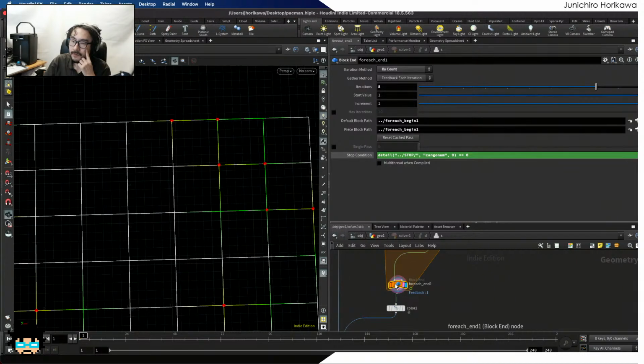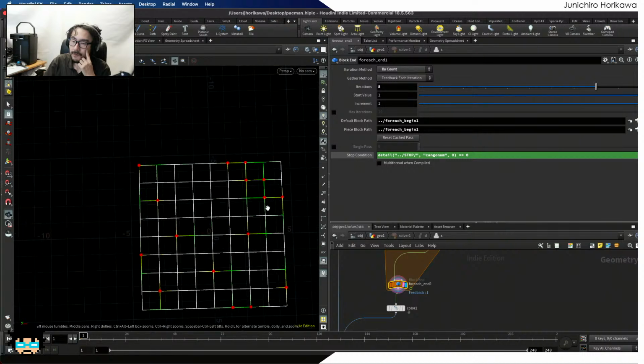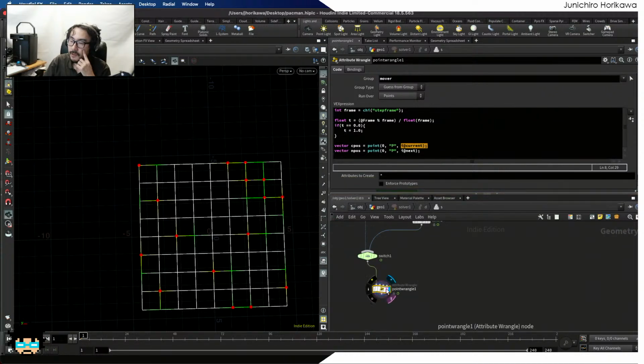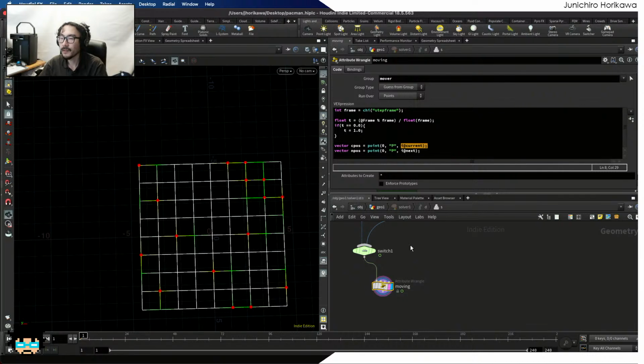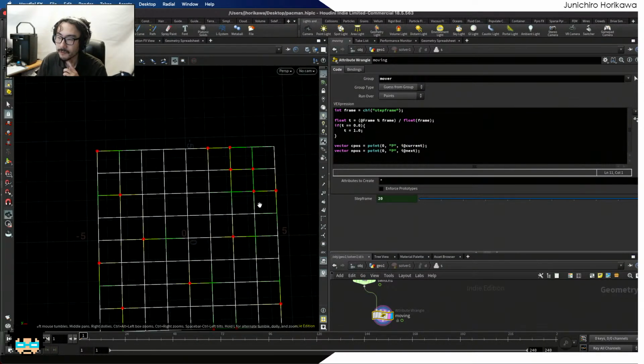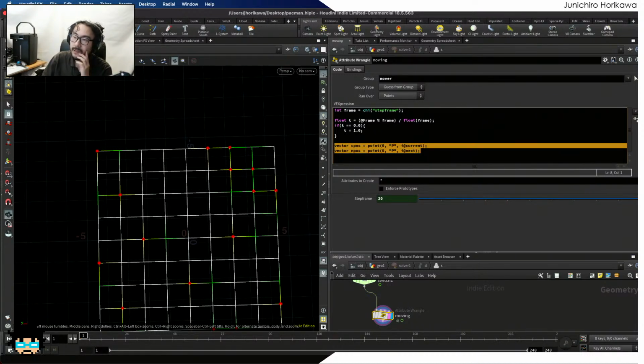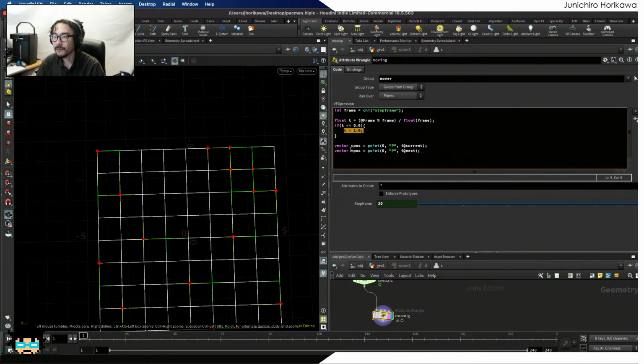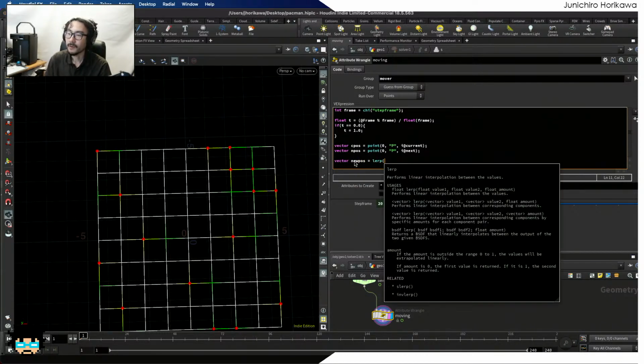And if I leave this loop, not sure if it's working by the color. Let's try to see it in animation. Okay, so going back to the point wrangler right here, I'm going to name this as moving. Okay, now that I have all the necessary informations to calculate the movement, it's time to actually write the fun part in order to move the point from one point to another. And I already have the necessary informations, which is the from point position to the next point position. And then I also have this t value, so lerping those positions with this t, I'll be able to get the current point position. So vector new pos is equal to lerp from current point position to the next point